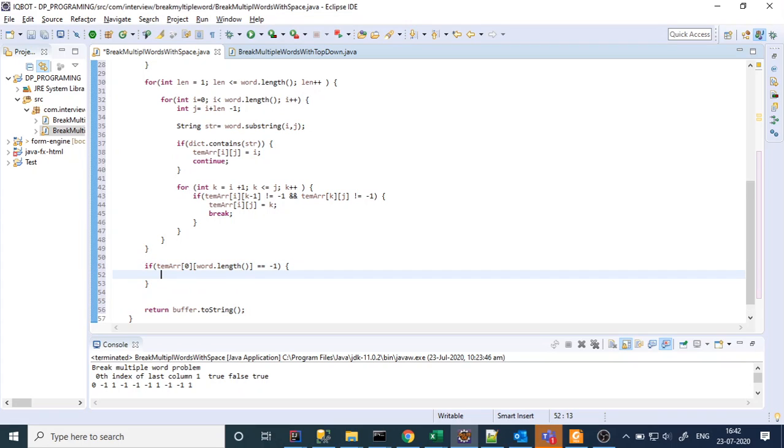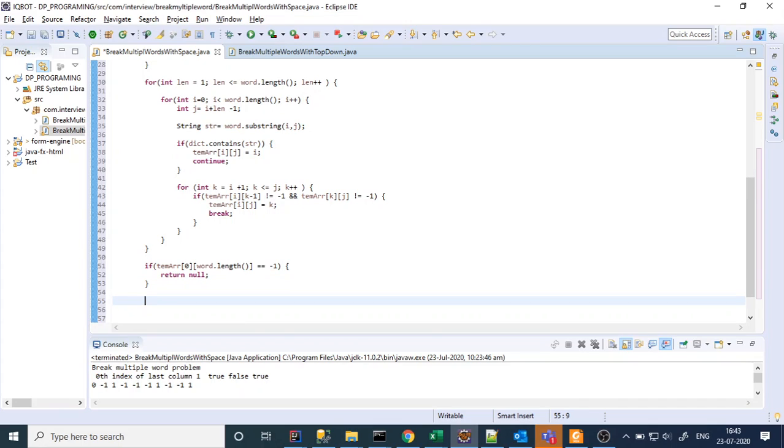What is the meaning of this? It means that the word from the zeroth index to the last index of the given string doesn't have any meaningful word. In that scenario, we will return null. There is no solution.